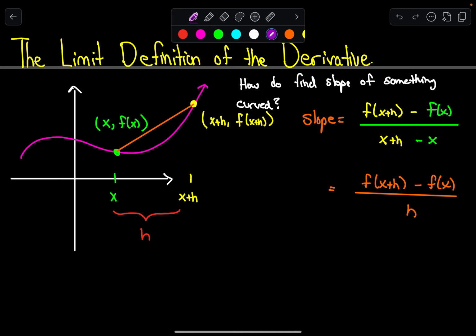And one of those cool things is we can say, what happens if I take this particular point, this x value here? If I take this point and slide it closer to x, this yellow point is going to slide down and make its way closer. The idea is that if we were to get those points infinitely close to each other, as close as possible before they touch, then in theory my estimate, this line that I'm going to have, is going to get better and better and better,